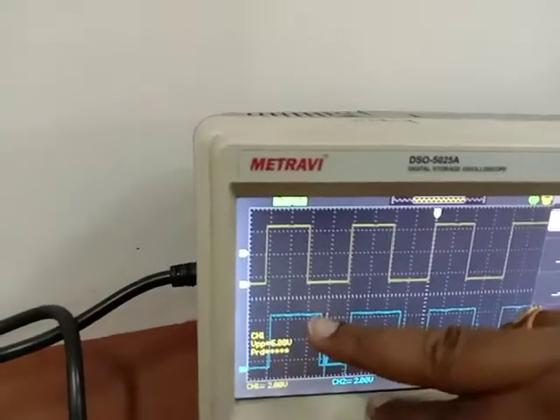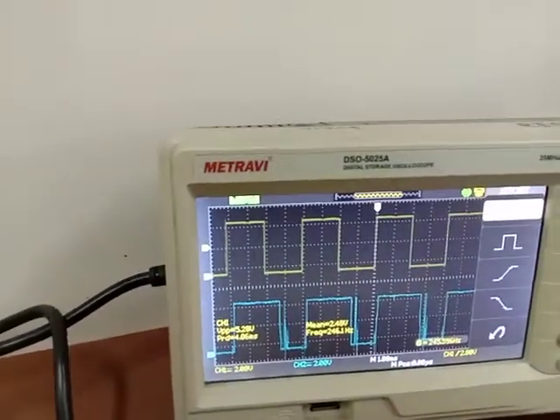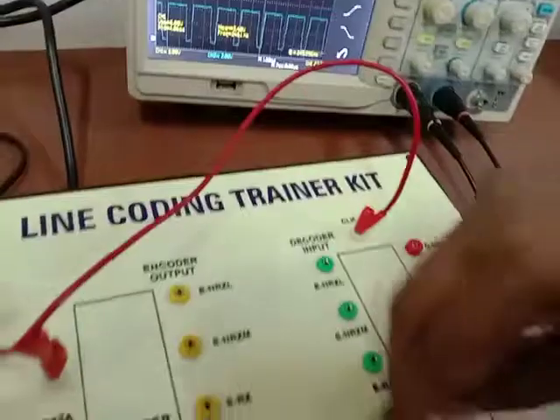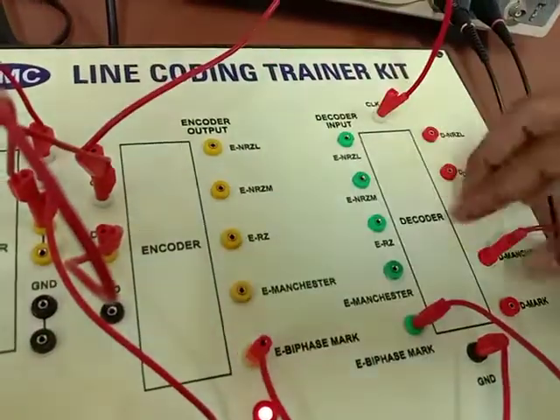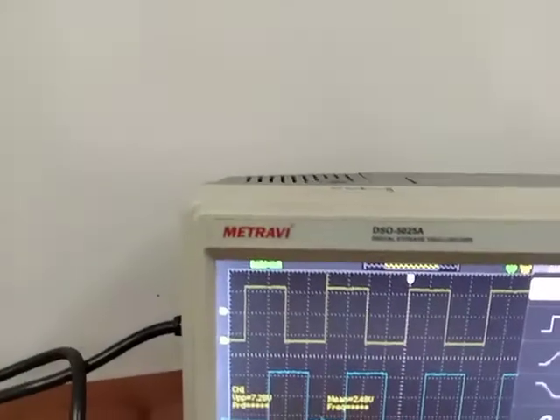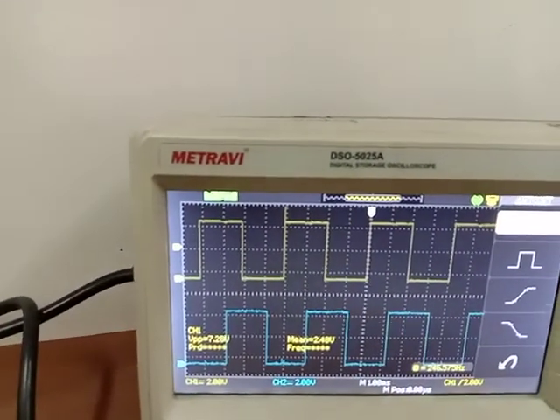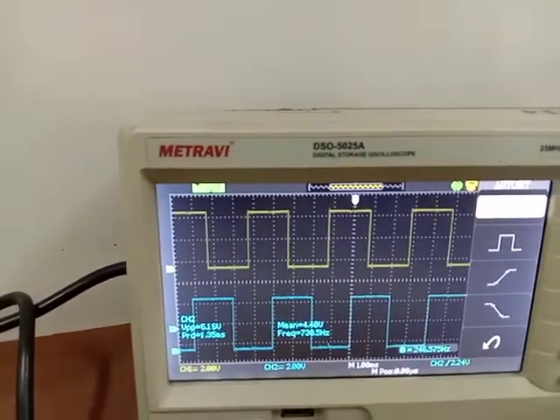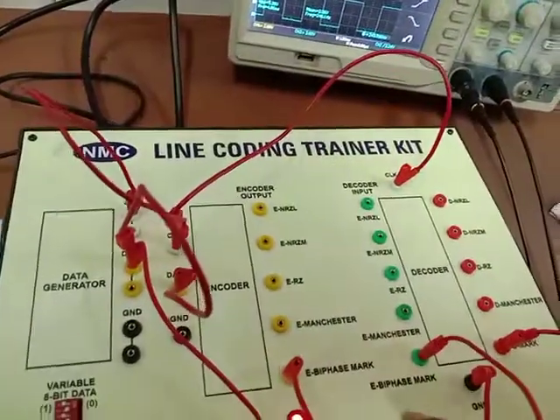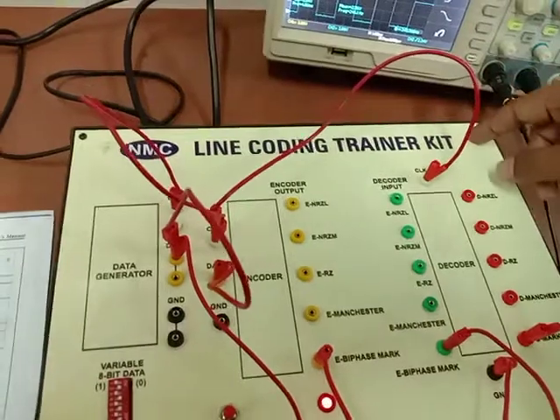We get the practical value. And this is the last output, the decoded output, that means the biphase mark output.